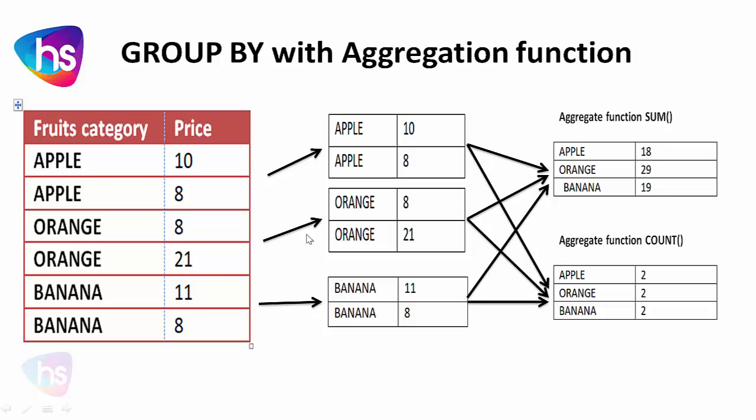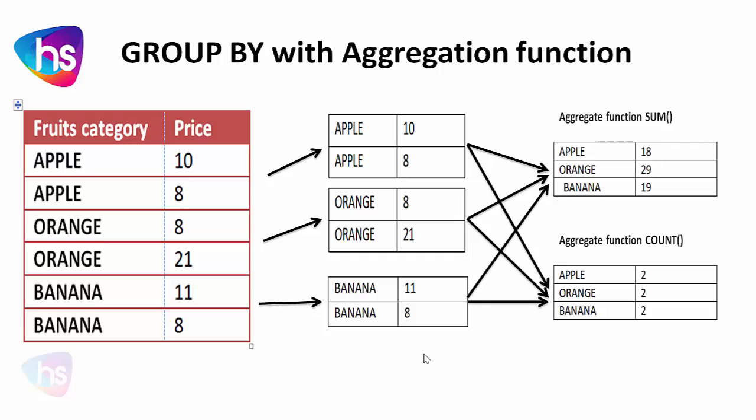See, this is the actual data, and it gets segregated once we use the GROUP BY statement. Now see here, it is grouped by apple, where only apple comes in one group, orange comes in one group, and banana in another group. Like 11, 8, the data is segregated in itself. While executing the query, data is segregated category-wise, based on the category column we mentioned in GROUP BY. Likewise, it is segregated into small chunks of data.